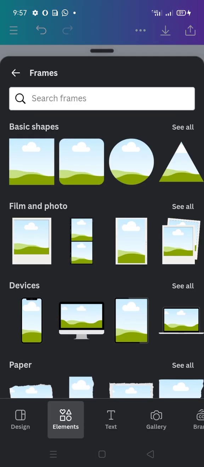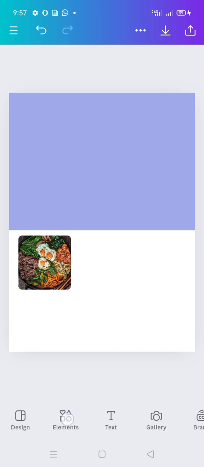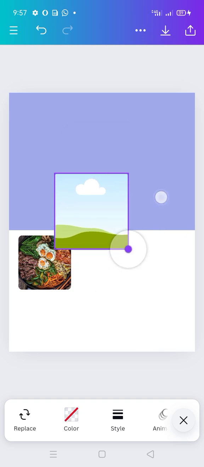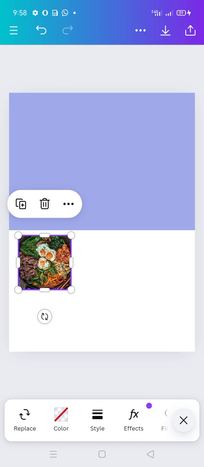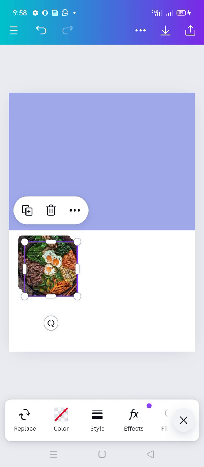I'll click on it, then I'll reduce the size, or I can delete this. Just click on here, then I'll duplicate, and then Canva will ask me the one that I want to duplicate. I'll click on duplicate. See my hand here. I'll click on this duplicate icon here. I'll click on it and wait. So now this is